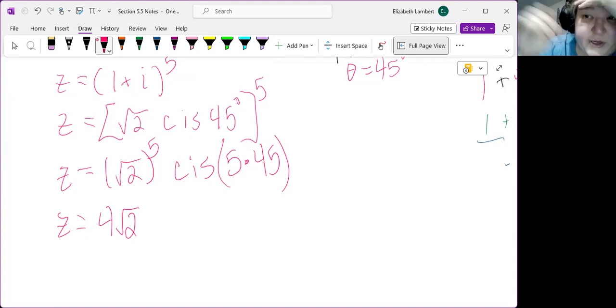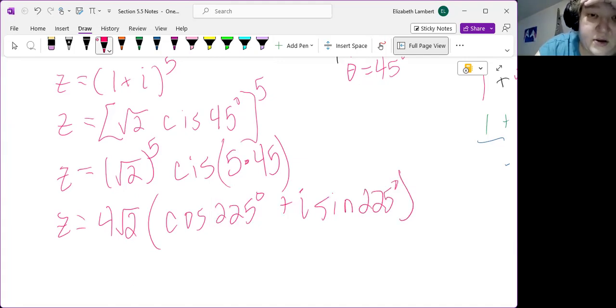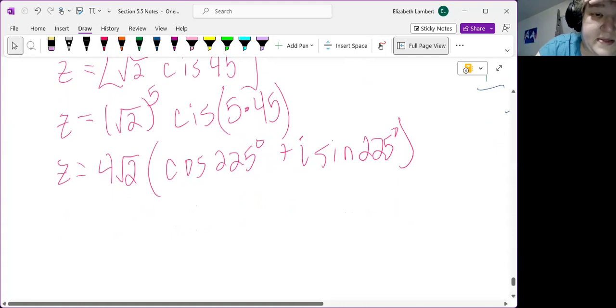All right, and then our cis 5 times 45, that's 5 pi over 4. 5 pi over 4 is 225, but that's our quadrant 3, 45 angle. So here I'm going to go back to 225. cos 225 plus i sin 225. All right, and then